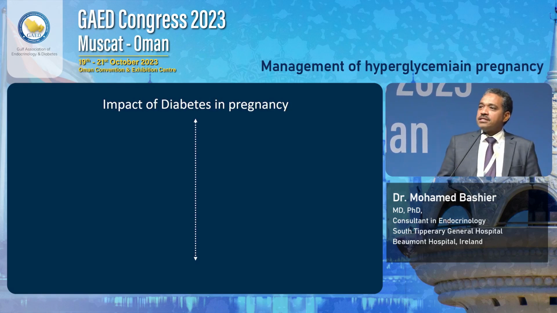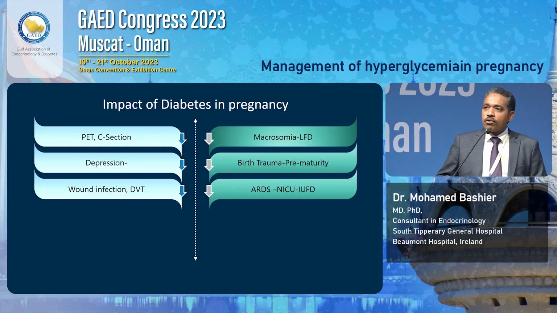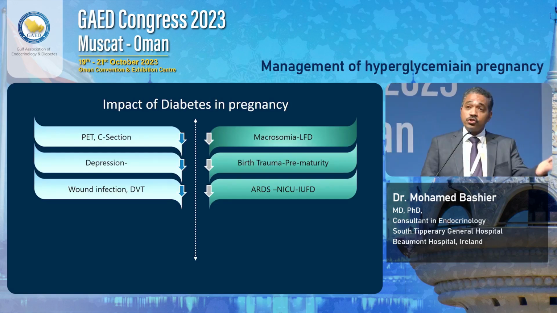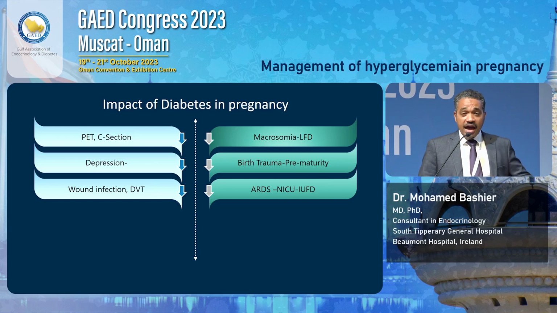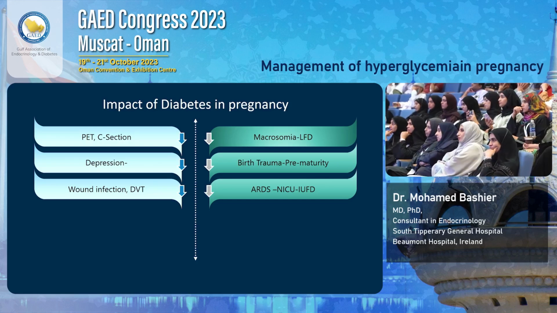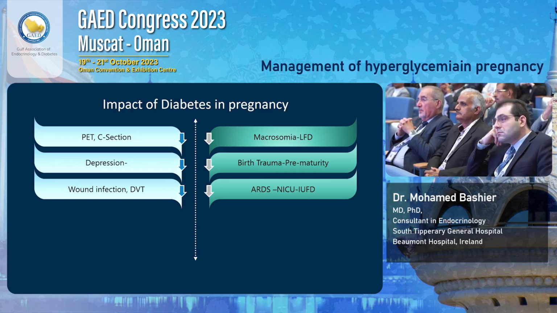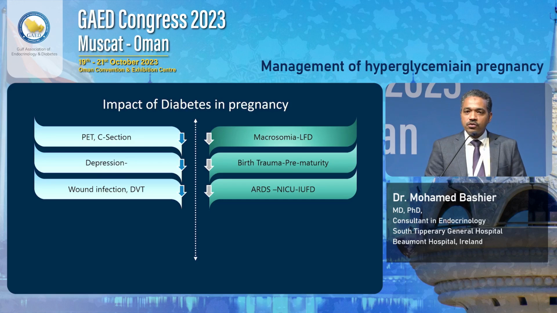So diabetes in pregnancy, as we all know, has a negative impact on the mother and the offspring, and both are at high risk of developing complications during pregnancy. The mothers have long-term sequelae as well. For example, PET, pregnancy-induced toxemia, is a severe complication during pregnancy with a high risk of mortality, but on a long-term basis it has a high risk of cardiovascular disease. Similarly, in the fetus, macrosomia, large for date, all of these complications can impact the outcomes during pregnancy,